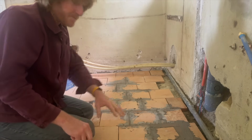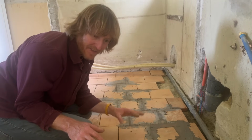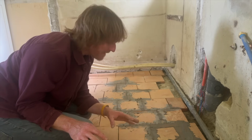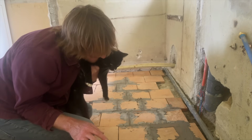The other reason I'm desperate to get this grouting done is this area absolutely stinks, and that's because the bloody kittens kept using this area as a toilet when it was all dusty. So no matter how many times I've swept,